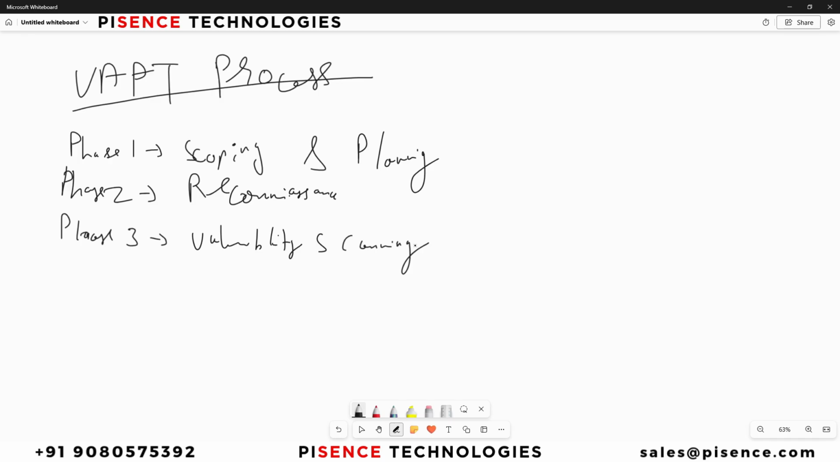So next is exploitation and penetration testing. Phase four, exploitation. This is where the skilled human element takes over. The security professionals attempt to actually exploit the vulnerabilities discovered in phase three, which is the vulnerability scanning, as you know, in a controlled and authorized way. They're trying to answer questions like